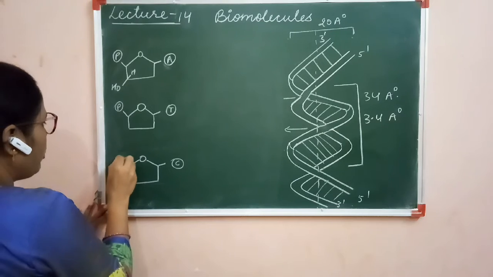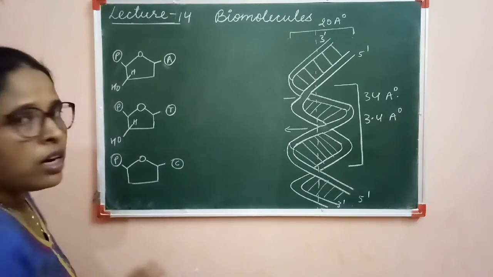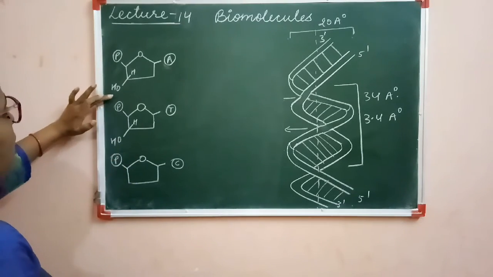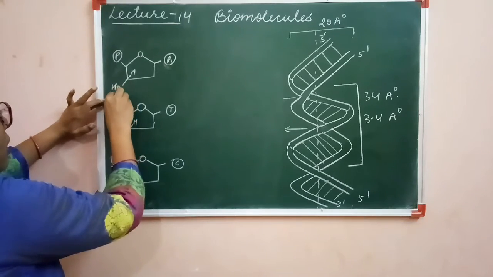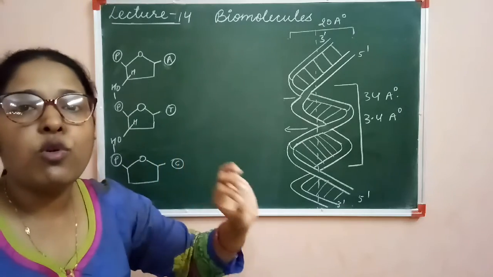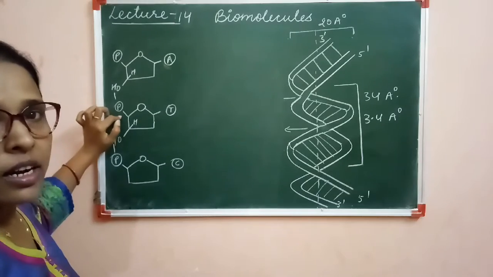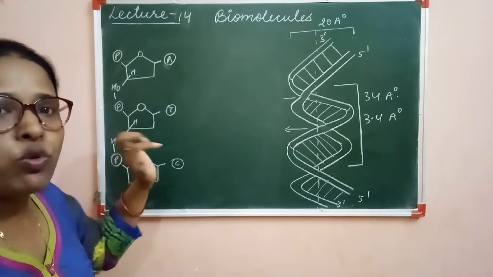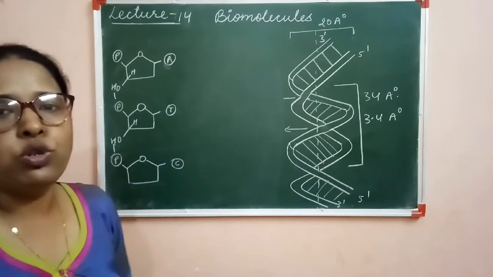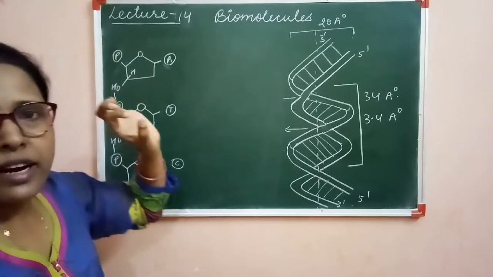Here again the phosphoric acid is there and here again one functional group is present. Clear? Now these are bonded, phosphoric acid and the functional group are bonded. That's why the bond is formed as phosphodiester bond, because two bonds are there, first and second. Now first is with the 5th carbon of the sugar and the second is with the functional group of the previous one sugar. Clear? So this is called the phosphodiester bond and this is the glycosidic bond.